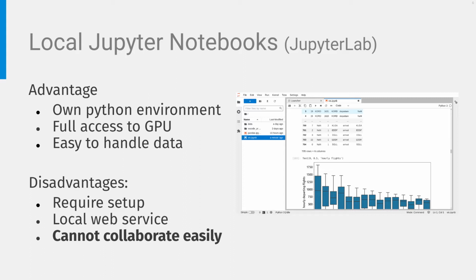The main disadvantage is that even though Jupyter runs as a web service, you cannot work on the same notebooks with your teammates at the same time. Even if you open your network access, changes will be overwritten by each other. So, Jupyter in its current form is not designed for collaborative work, but it is still one of the most used tools for data science.